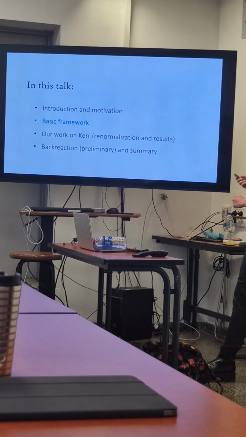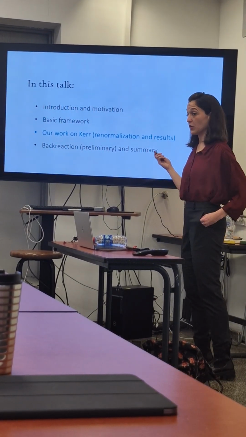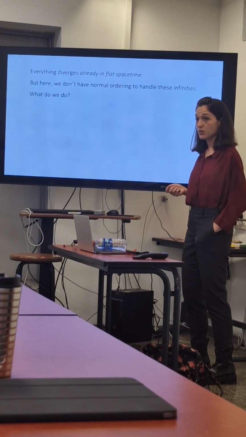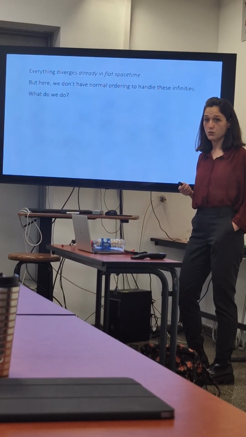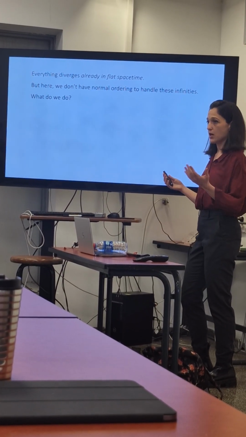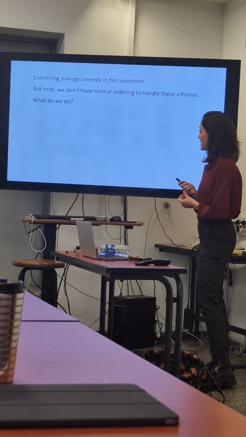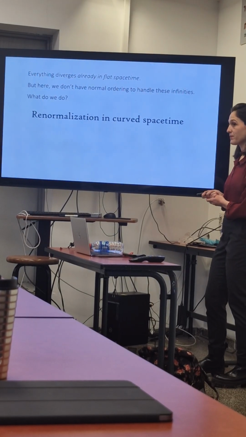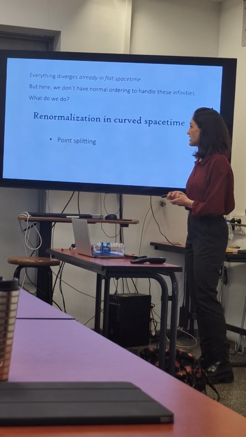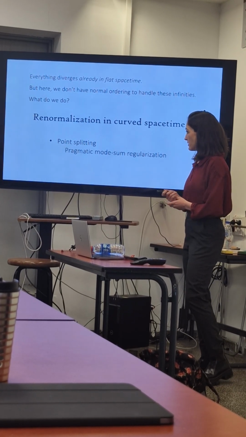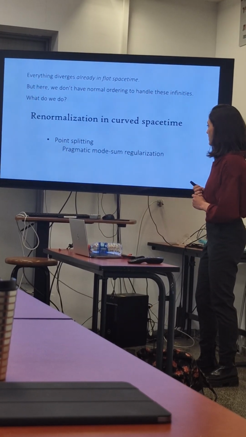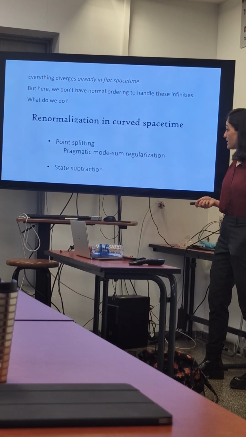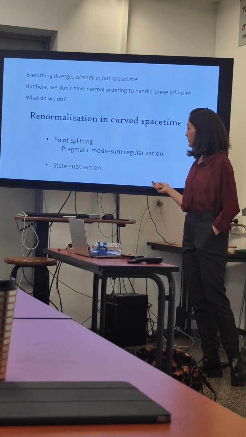Okay, we are done with the basic framework. Now let's start talking about what we did. All the quantities we're interested in diverge already in flat spacetime, but unlike flat spacetime, in curved spacetime we don't have normal ordering because of the ambiguous time slicing. So this brings us to renormalization in curved spacetime. How do we do that? One standard way is point splitting, and I will tell you about it in the next slide, and the pragmatic mode sum regularization method which applies it, and then state subtraction, which is a more effective